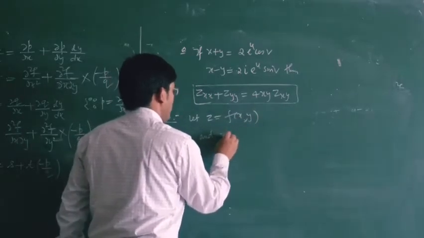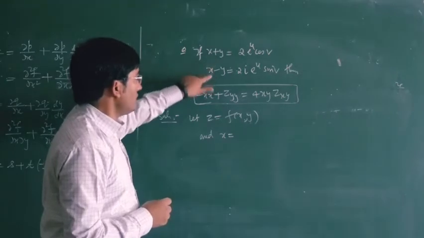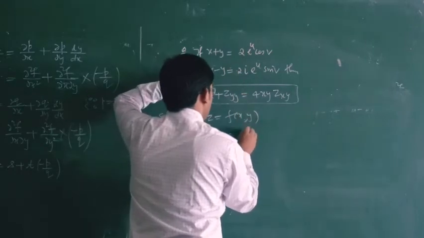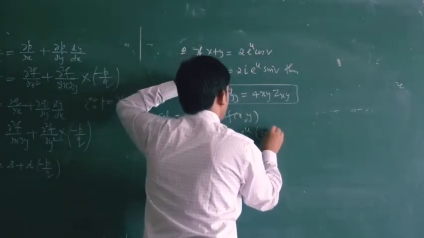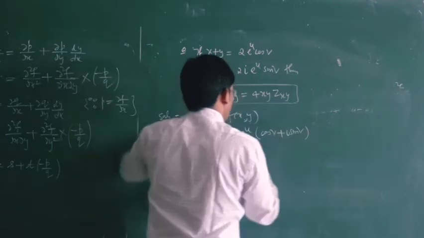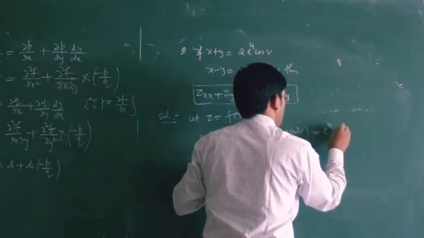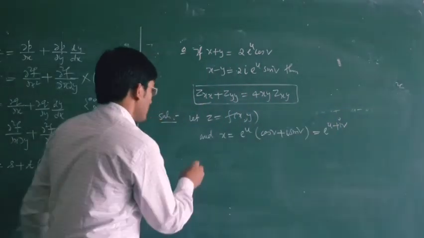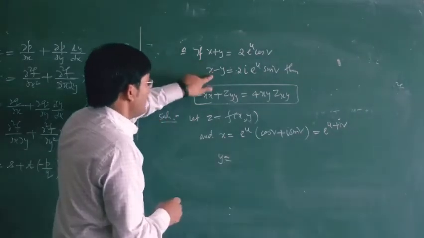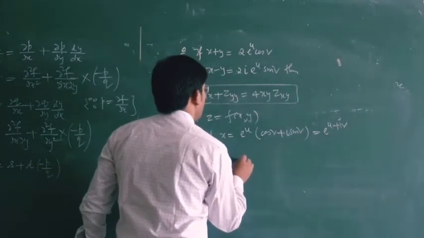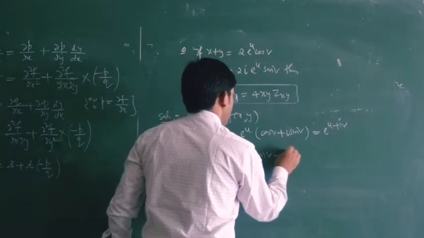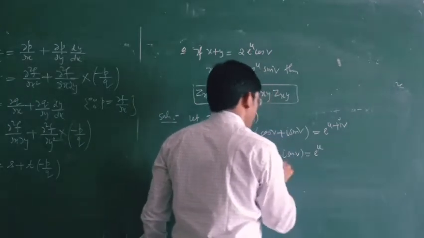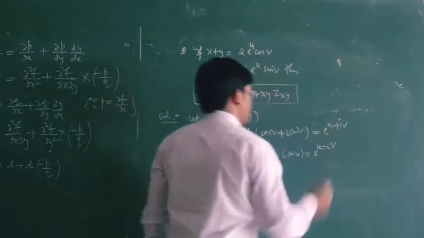and your x will be, let us add these two equations. Then this will be your 2x equal to 2, so your 2 will get cancelled. If you take e^u common, then you will have cos v plus i sin v. Now because of the Euler formula, this will be e to power i v. So we have cos theta plus i sin theta is e to power i theta. And your y will be, now this minus this will be e to power u into cos v minus i sin v. So this is equal to e to power u. Cos theta minus i sin theta is e to power minus i theta.